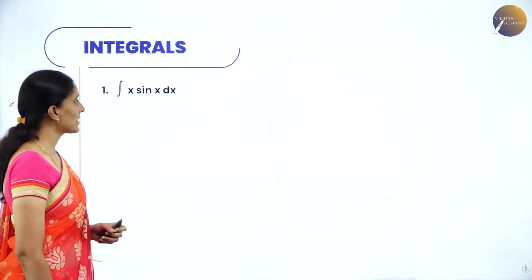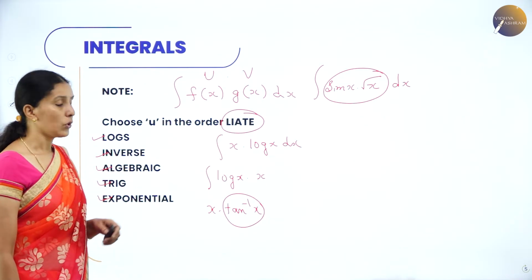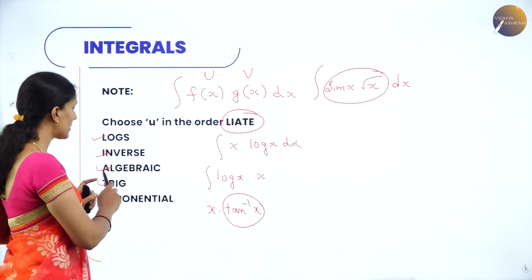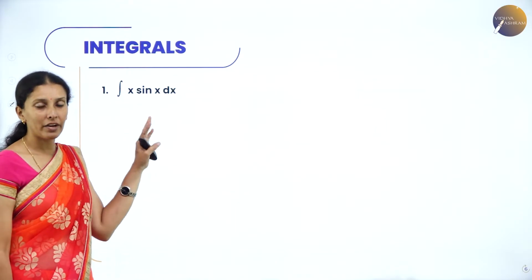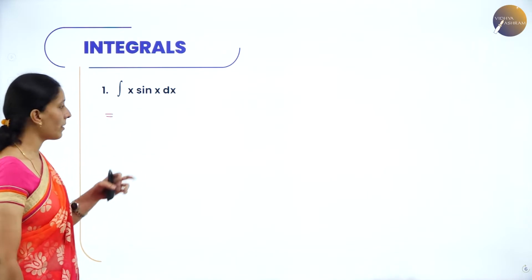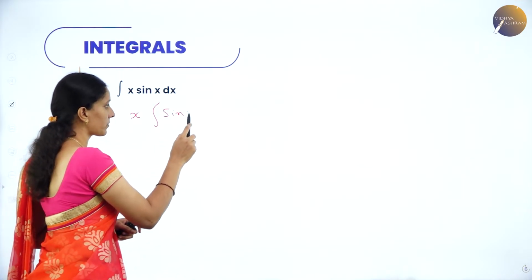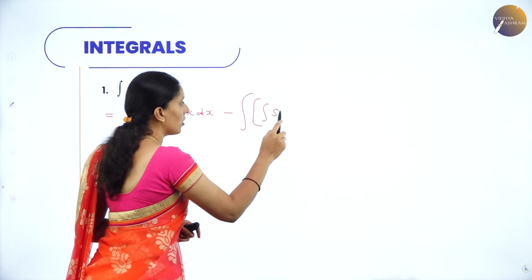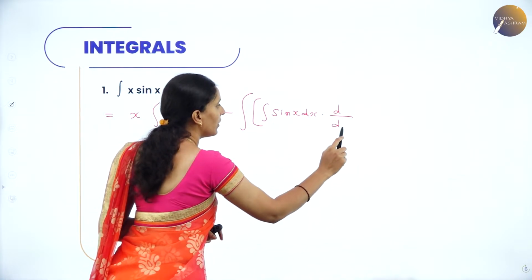Integration of x sin x dx. So here according to LIATE, which function has to be chosen first? First algebraic, then trigonometric function has to be chosen. So the function is already given in an order. Let me apply the integration by parts. What does integration by parts say? First function, integral of second with respect to x, minus integral of second with respect to dx into derivative of the first function